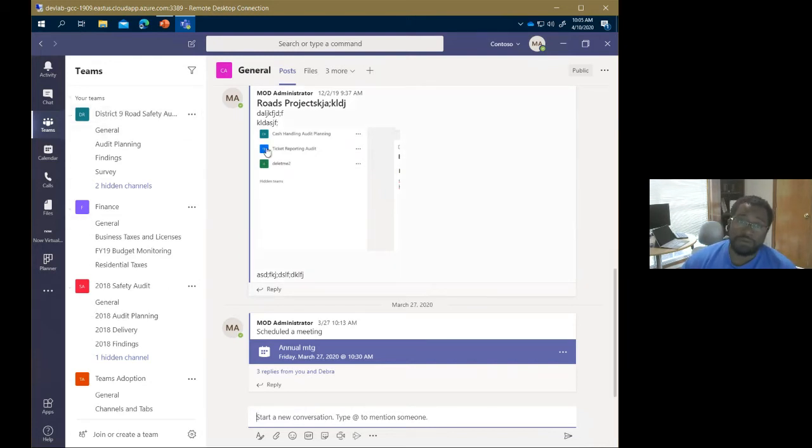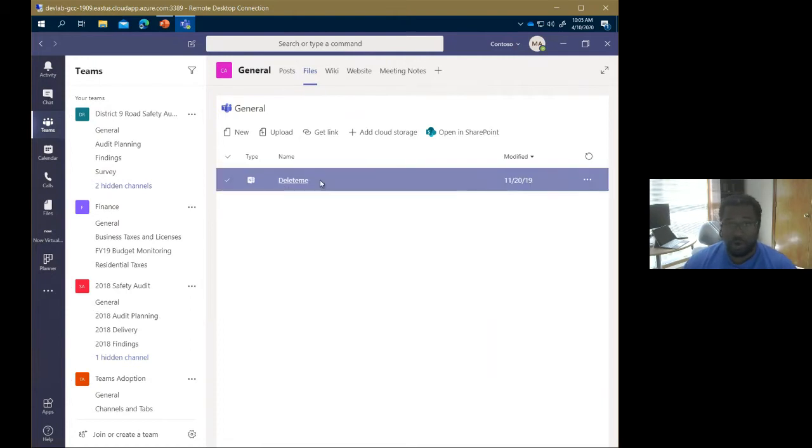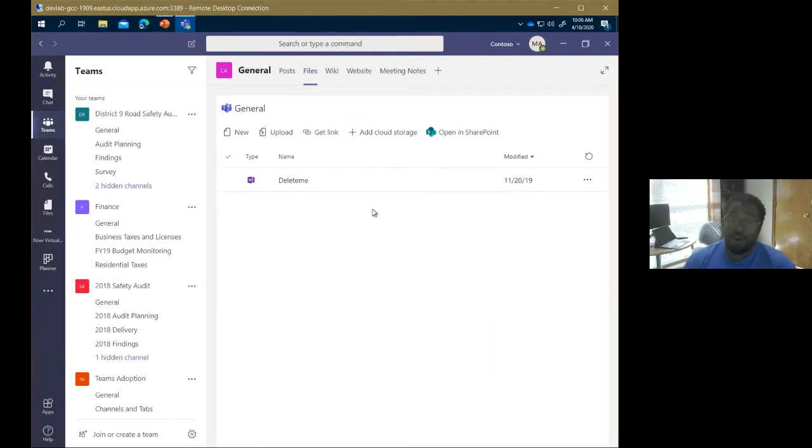So Teams channels, the chat conversation, and then I should say the files tab here is where the files specific to that channel exist. Open and edit them here in Teams without leaving Teams, and even co-author in real time. Five of us can be in a document, seeing each other's cursors move around, all that good stuff. And then the last thing we have is tabs, which hopefully was a good segue, because that's what I want to talk about today.